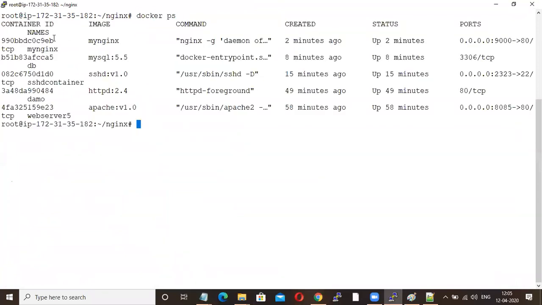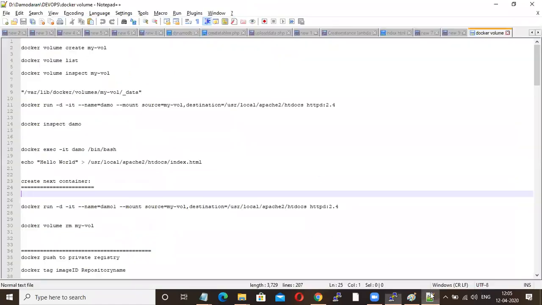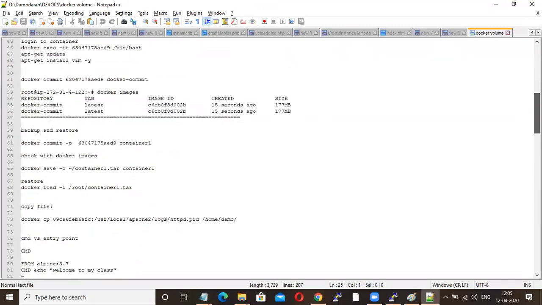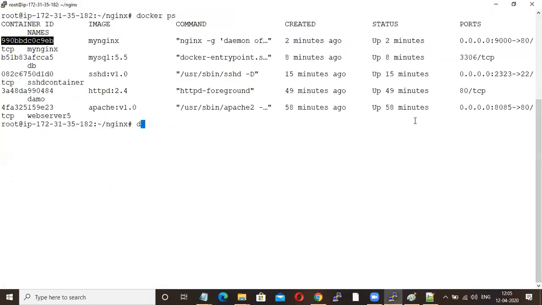Now I'm just going to take a backup of this container. Docker commit, container ID, my backup.